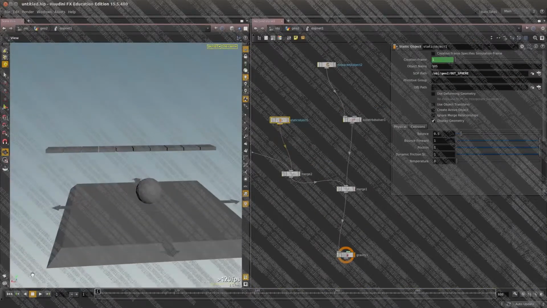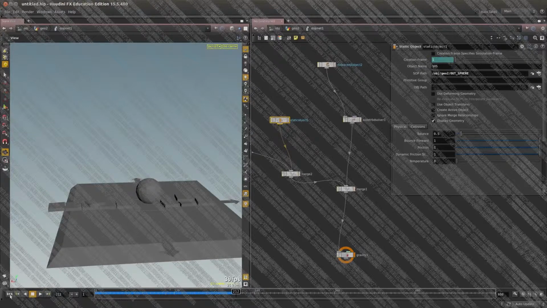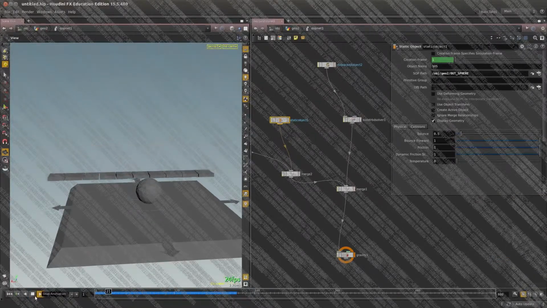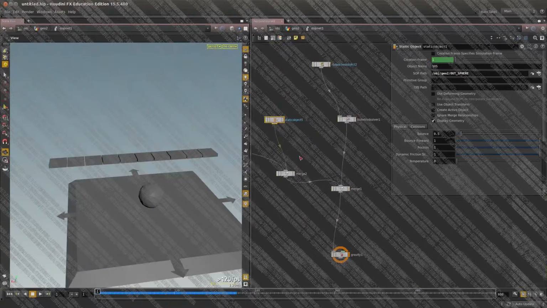So we have the sphere now, and if I hit play, it falls and it interacts. I'm gonna change the playback to real time. I'm gonna hit save. So now it's real-time playback. Cool. So this is a very basic RBD sim,